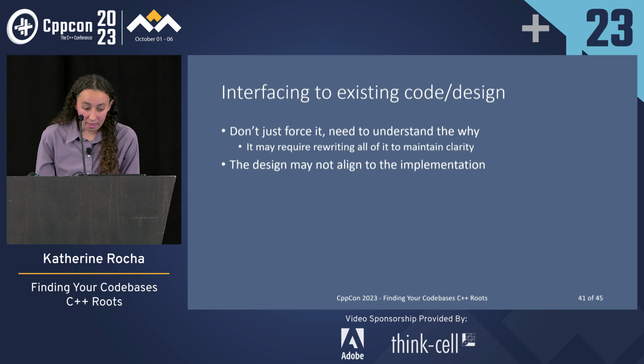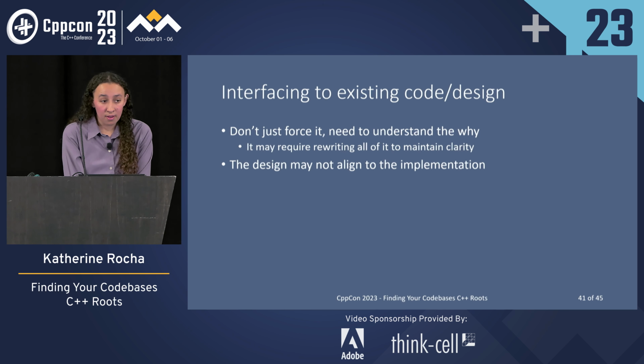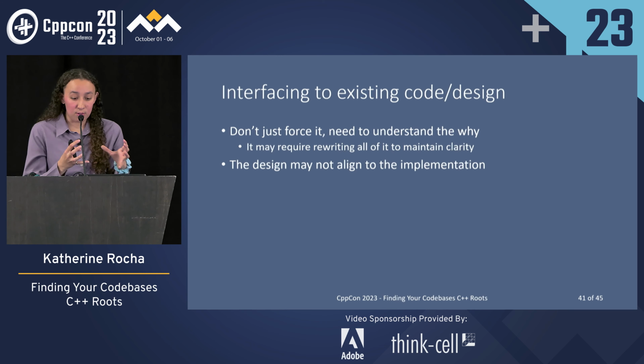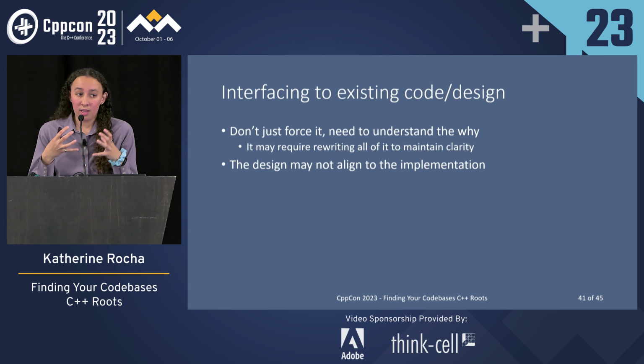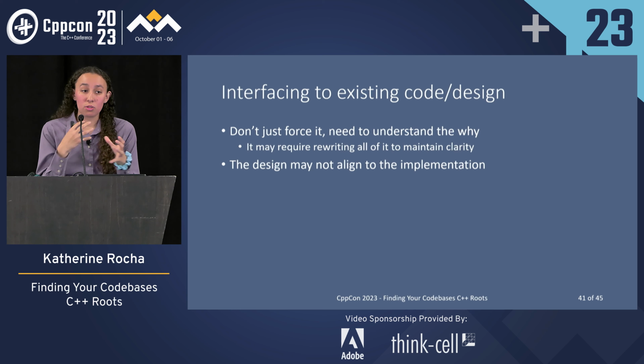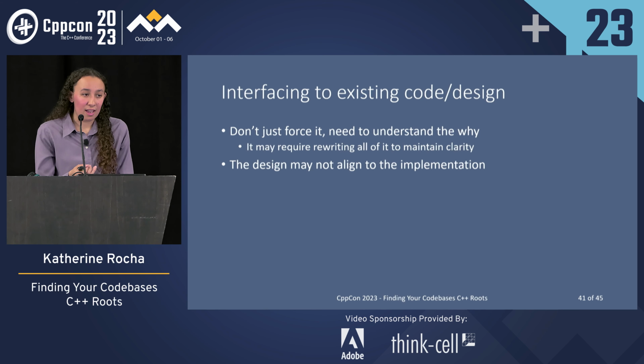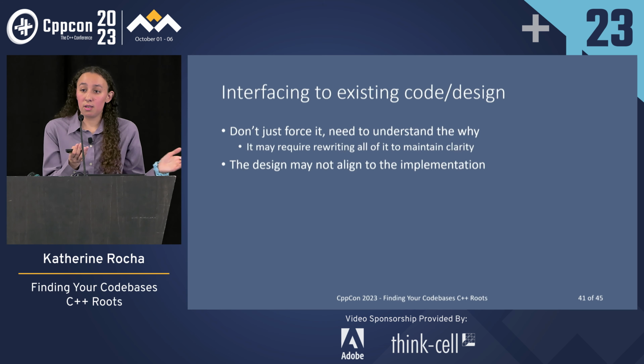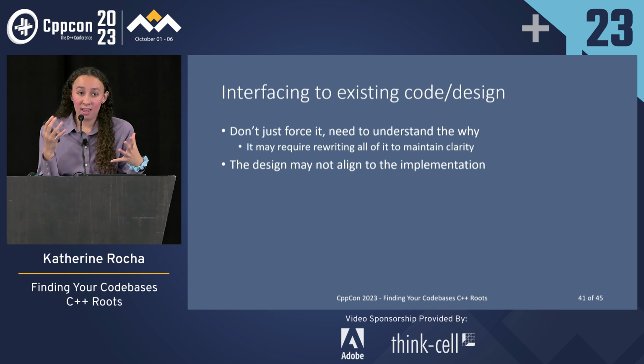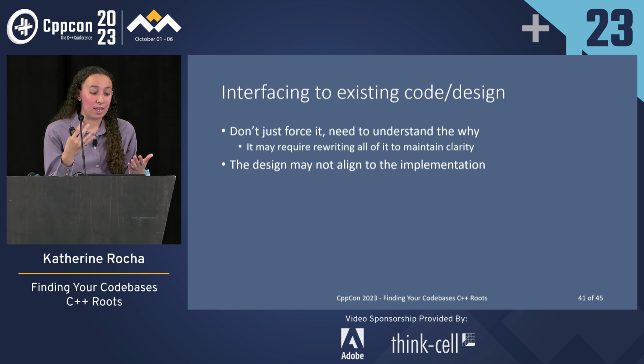Yeah. And then for interfacing to existing code, we have to figure out that sometimes we may not be able to write all the code, and we need to figure out this code is actually working and we don't need to change everything. We just need to change this one little thing, change a comment, and it works perfectly fine. And then sometimes we look at it and go, this was 2003 C++. We need to update it, and how they did it doesn't quite express intent. And the only way to do that is to completely rewrite the code. And so we'll need to deal with completely rewriting the code to deal with that.